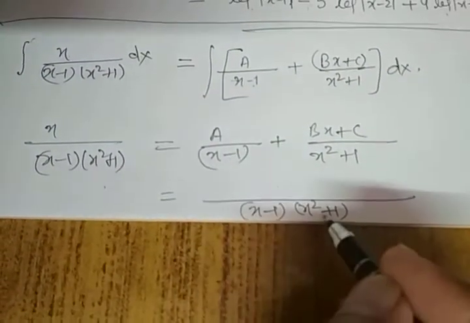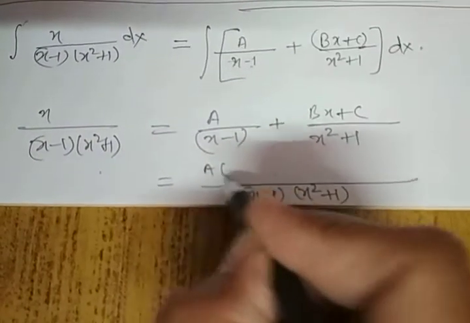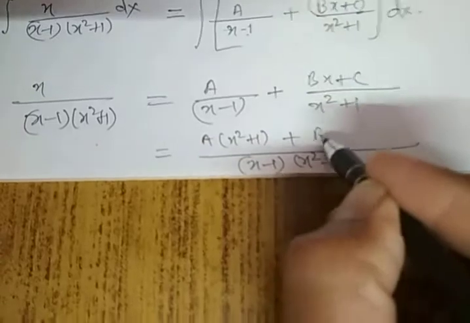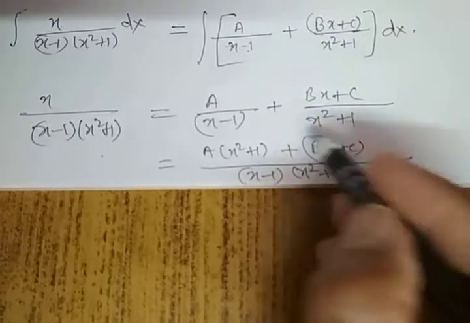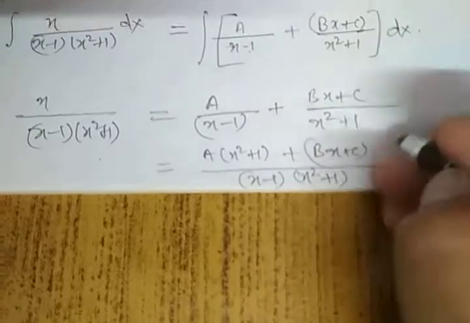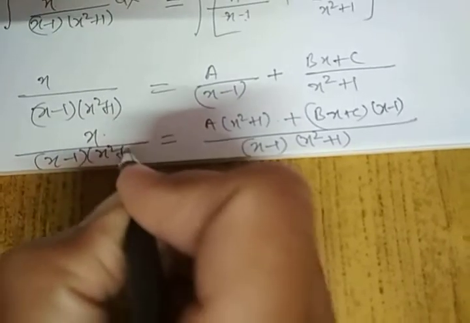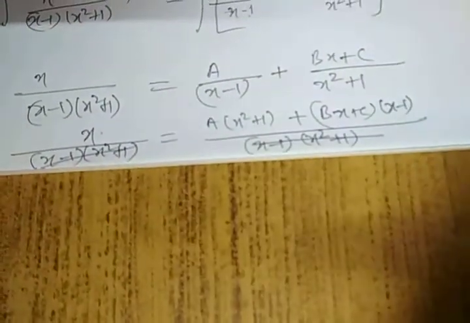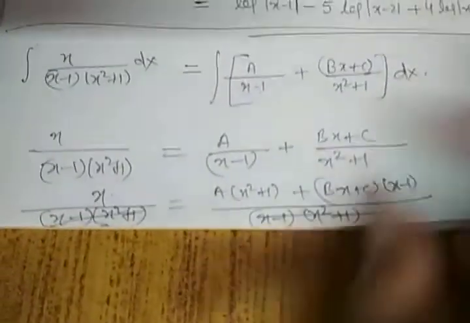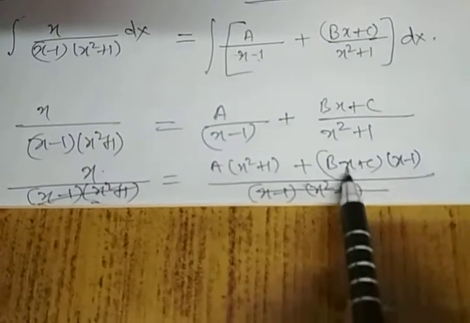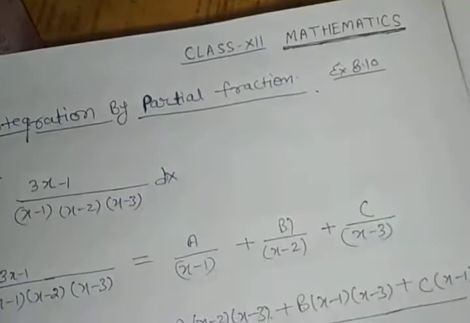By x minus 1 we will divide, it is left x square plus 1 into A, plus bx plus c, into, by this x square plus 1 is cancelled, x minus 1 will be multiplied to it. Comparing coefficients both sides now. So this x square plus 1 into x minus 1 is cancelled. Now both sides compare, we will compare the coefficients like the previous question. So x square here, only A, these two brackets first will be multiplied. So this will be x is equal to A into x square plus A, plus bx plus c into x minus 1.